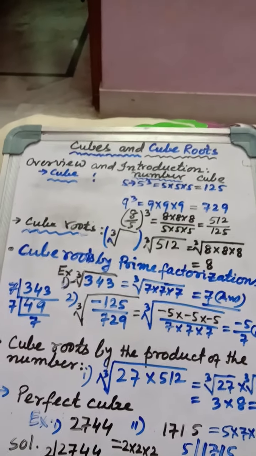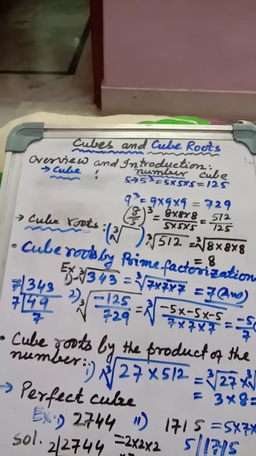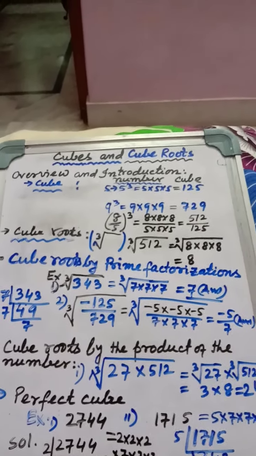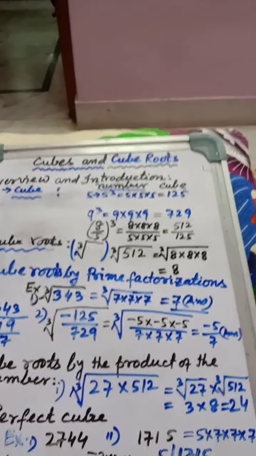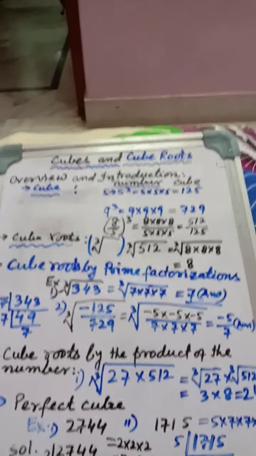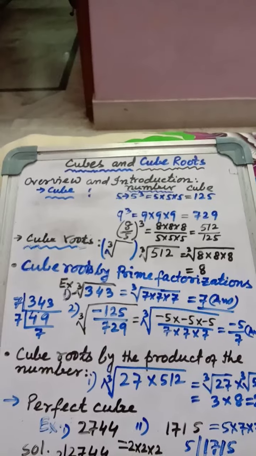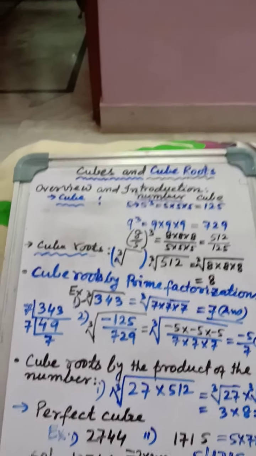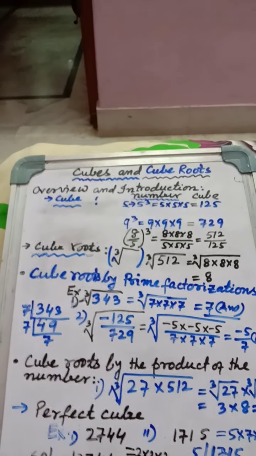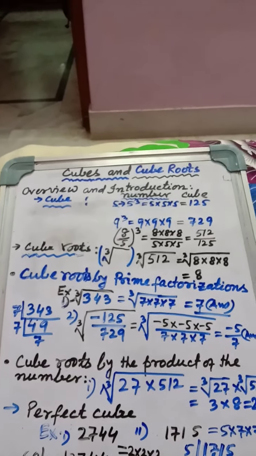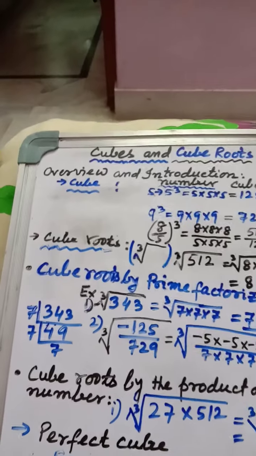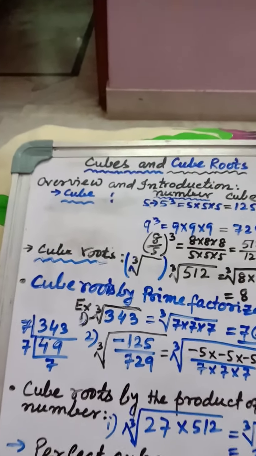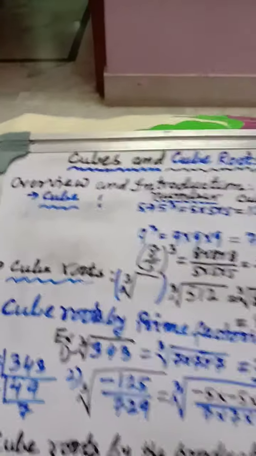Children, today we learn about the cube and the cube roots. Cube of a number is what? Earlier we have learned about the square of a number. Square of a number means a number or a variable or a fraction whose power is 2. That time the number is multiplied by itself. Then we find out the value of square. Whereas in case of cube, a number by itself will be multiplied twice.